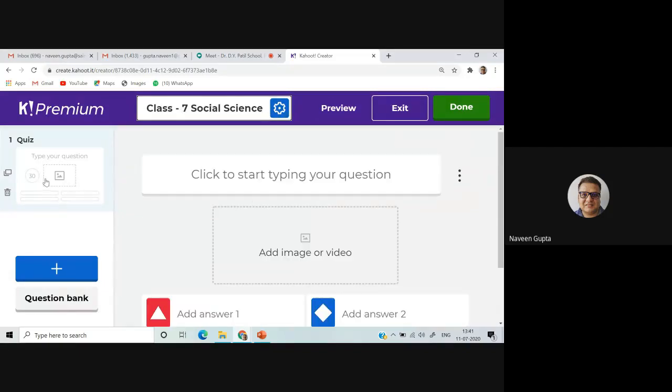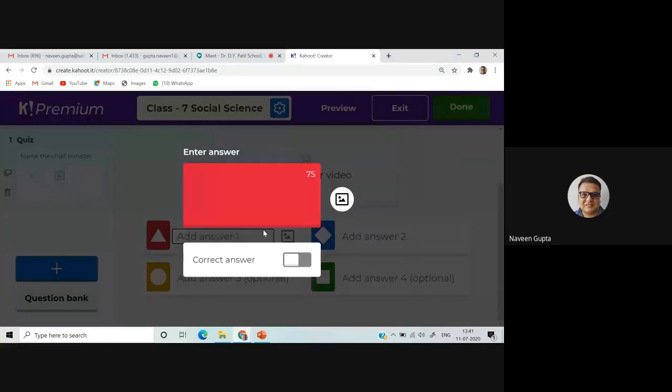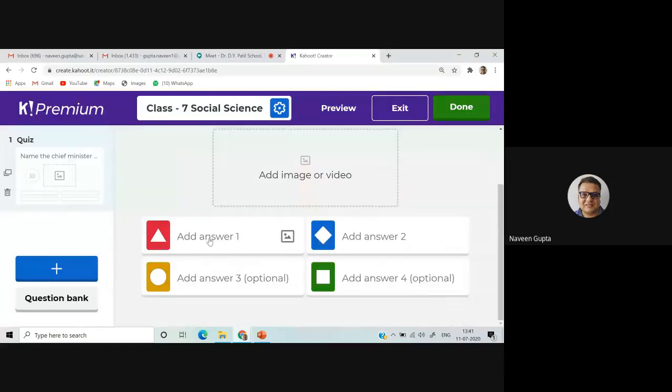Now I need a question. I can type the question here. What is the question? Name the Chief Minister of Delhi. This is the question. Here I can mark the correct answer.